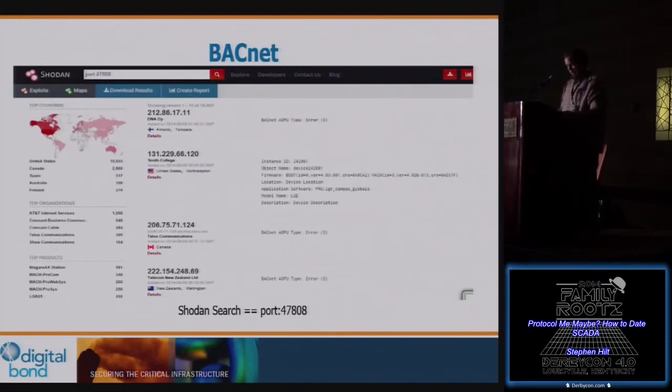We perform what's known as an APDU query originally to find out if the device supports it, but it'll also positively identify the device as BACnet because it will send an error. As I said earlier, it's very chatty about whether you can or can't do something. So you'll actually see ones that are just errors.